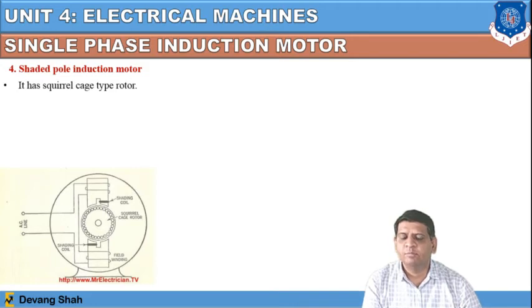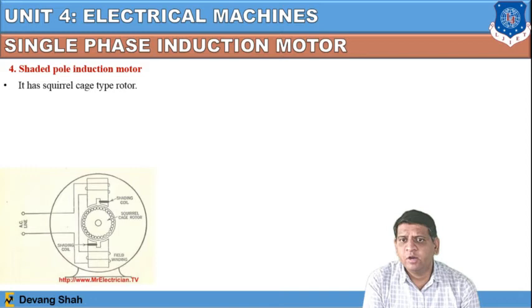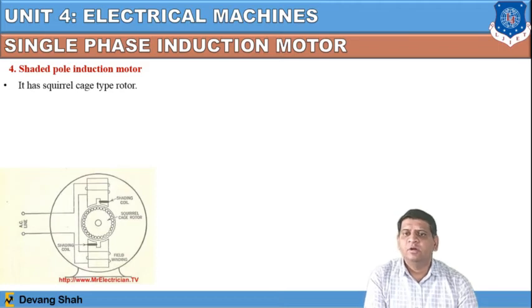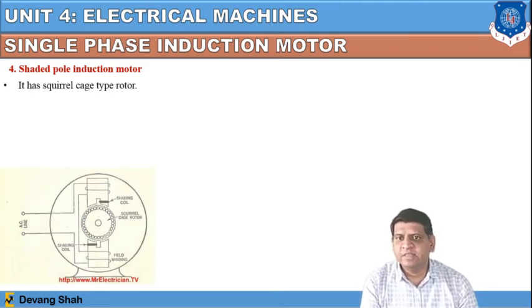That's why this kind of motor is defined as a shaded pole induction motor. Now why do we use this kind of arrangement? Ultimately, throughout this we are only changing the variation of magnetic flux throughout the full cycle. So here we have to create the same thing. We have to change the value of flux throughout the full cycle, and that flux can be a kind of alternating flux. With this shaded pole arrangement we can easily do this.